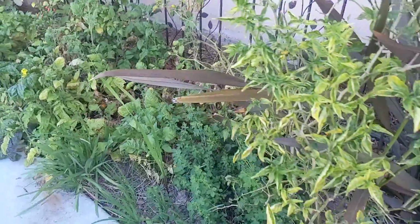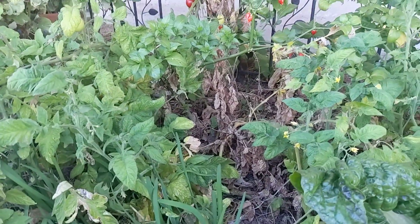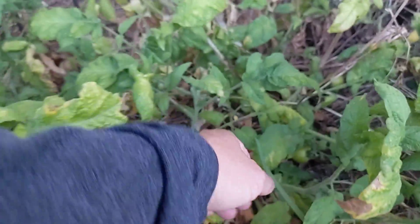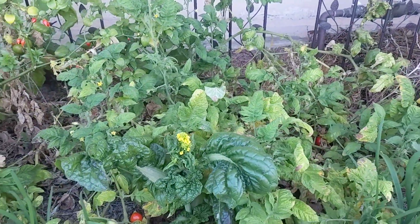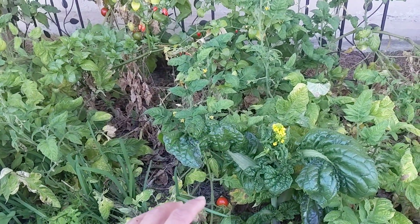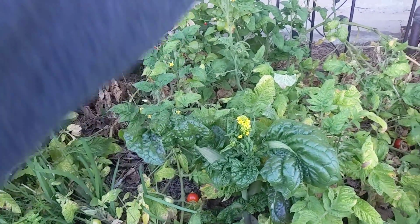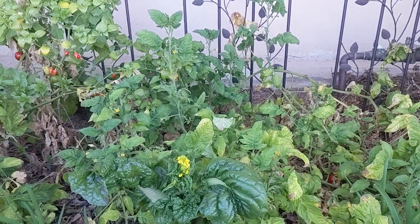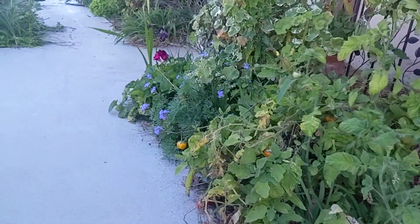And then up here, I kind of let it just grow by itself all winter, because we had a very mild winter, and that meant that the tomatoes continued to grow. So we've been getting vine-ripened tomatoes, and as we wait on our recently transplanted tomatoes to grow and produce for us, I'm having a hard time clearing it out to clean this up a little bit. So maybe I'll just work on this section today and move it back a little bit and make it a little bit more organized. I think that's pretty much it